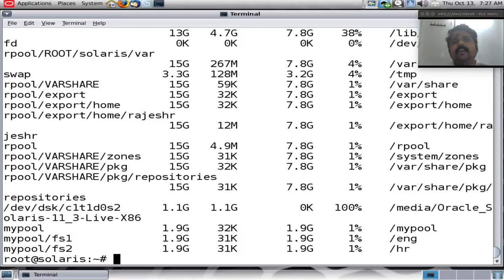Again, each of them is sharing the pool, so one of the file systems' consumers can actually take up the full space, and that's going to be unfair to the consumers of the other file systems. If you want to restrict the usage of a file system, you can do that by using properties like quota,